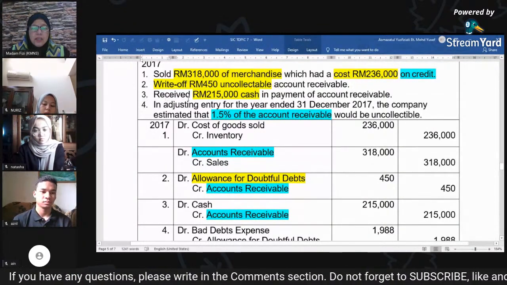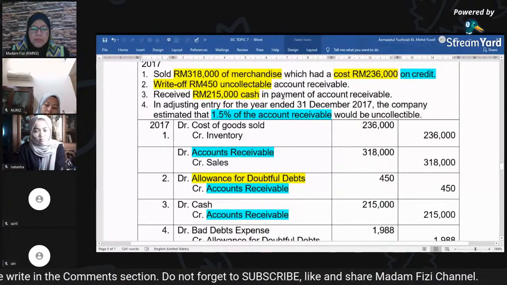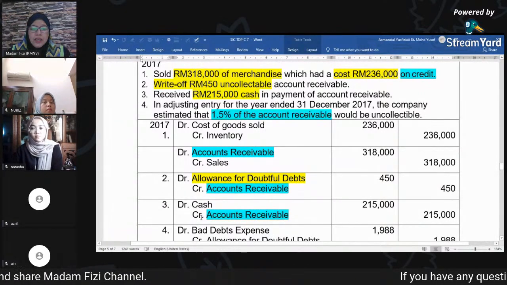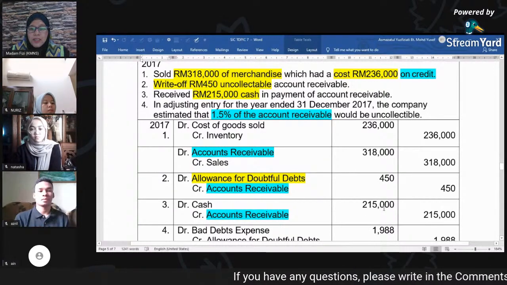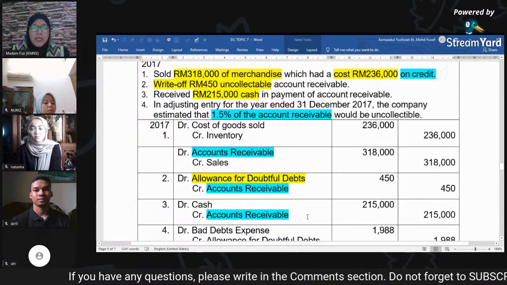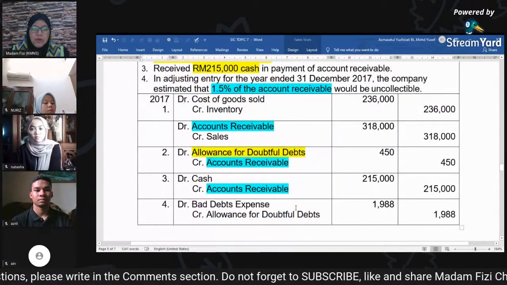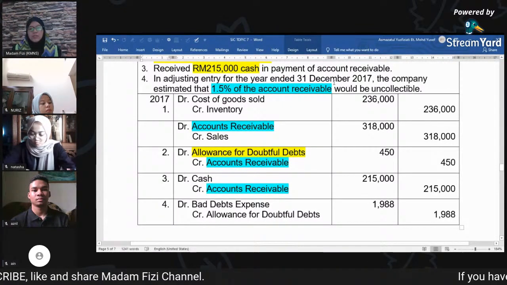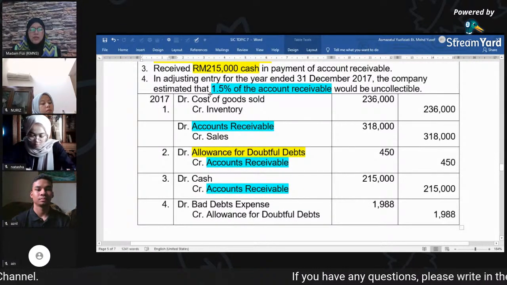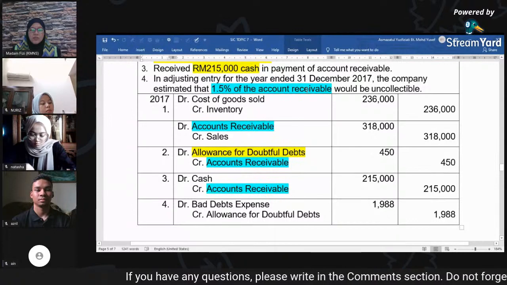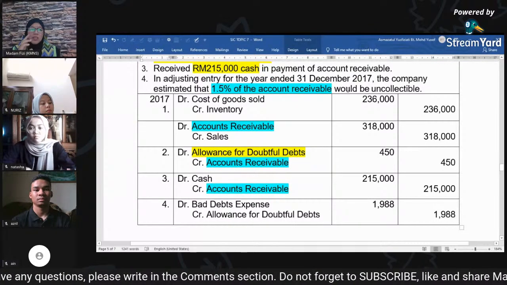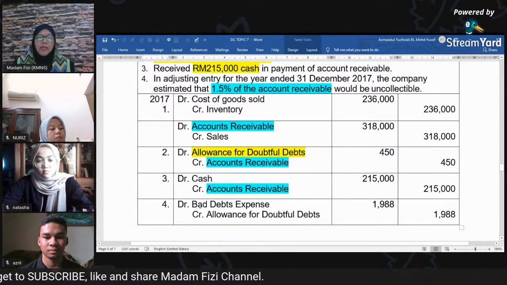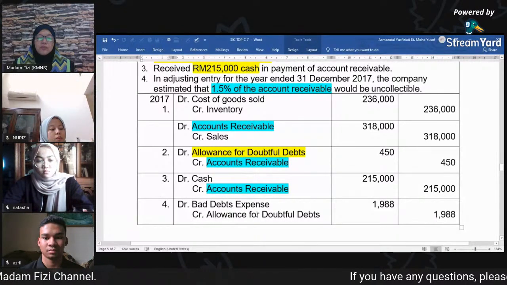Transaction 3. Receive 215,000 cash in payment of accounts receivable. So if we receive cash, debit cash, credit accounts receivable 215,000. I think this is no problem. And then we go to transaction 4. In the adjusting entry for the year ended 31st December 2017, the company estimated that 1.5% of the accounts receivable would be uncollectible. So ini dia nak buat anggaran for the new bad debt. So debit bad debt expenses and credit allowance for doubtful debt